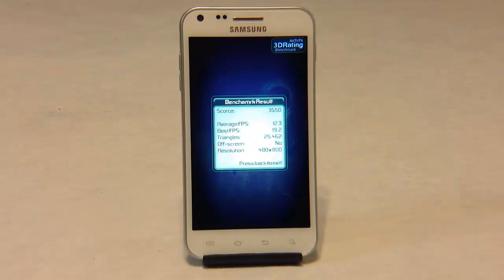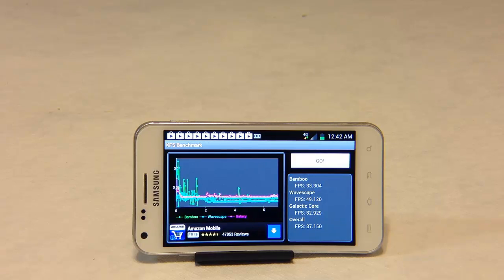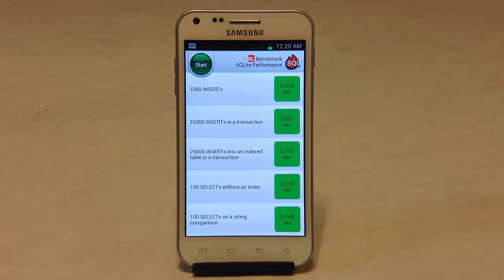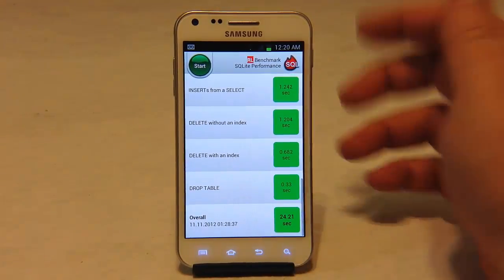Okay, so here we have the Antutu 3D benchmarking rating, which came in at 3550. Here you can see the KFS benchmark overall, 37.150, which measures frames per second in OpenGL 2.0. On the SQL benchmark test with RL Benchmark, SQLite performance, it does a number of tests on inserts, indexing, etc. We came in with a total score of